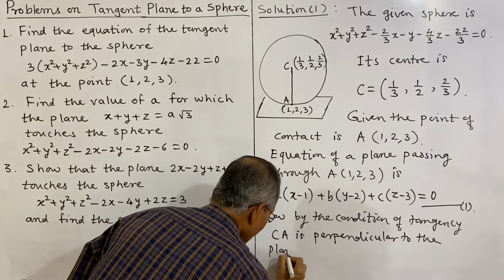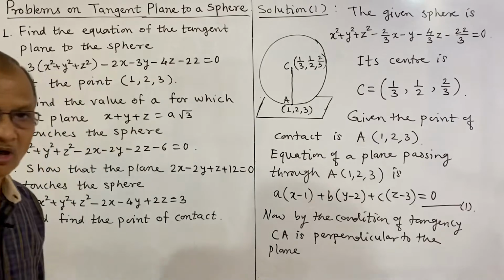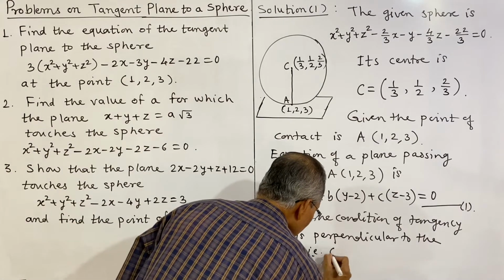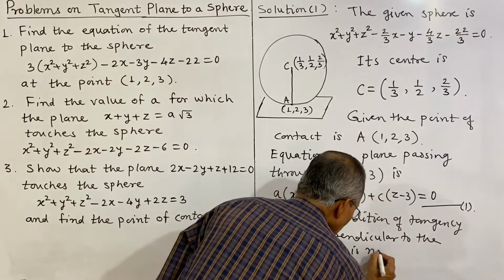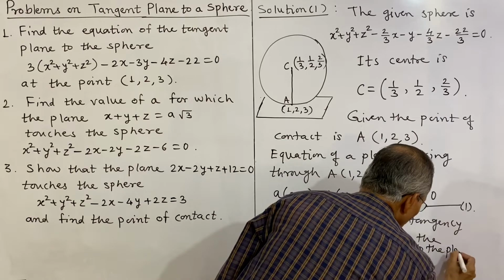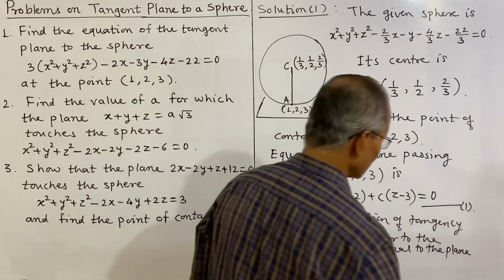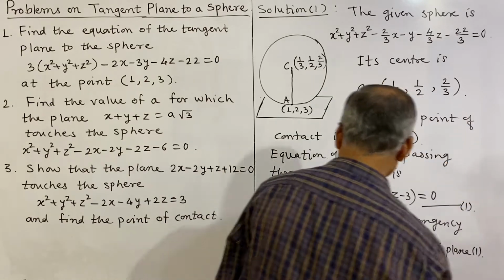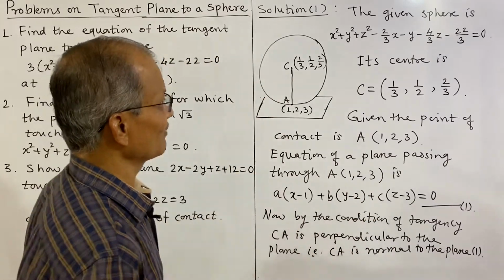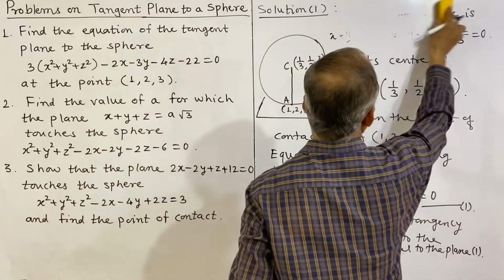CA is normal to the plane, and that is the plane 1. CA is normal to the plane 1. And now the DRs of CA we can obtain. Now the DRs of CA are